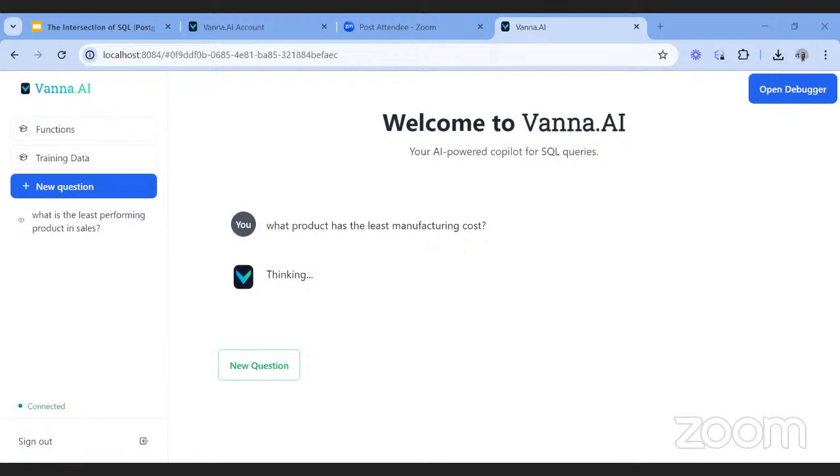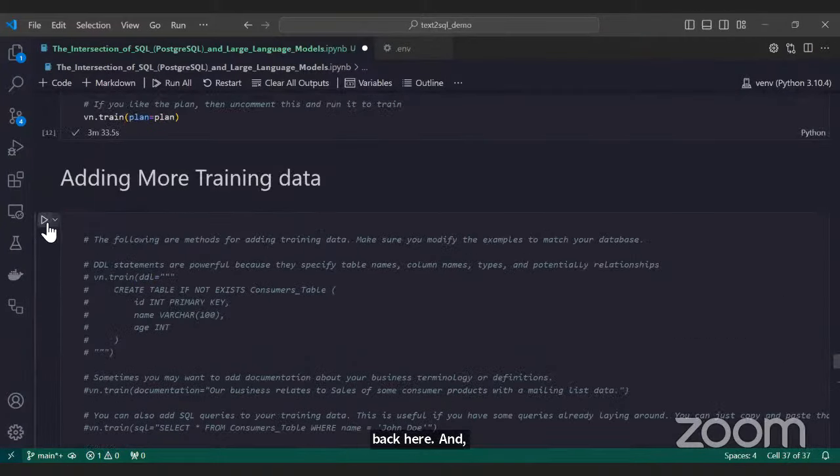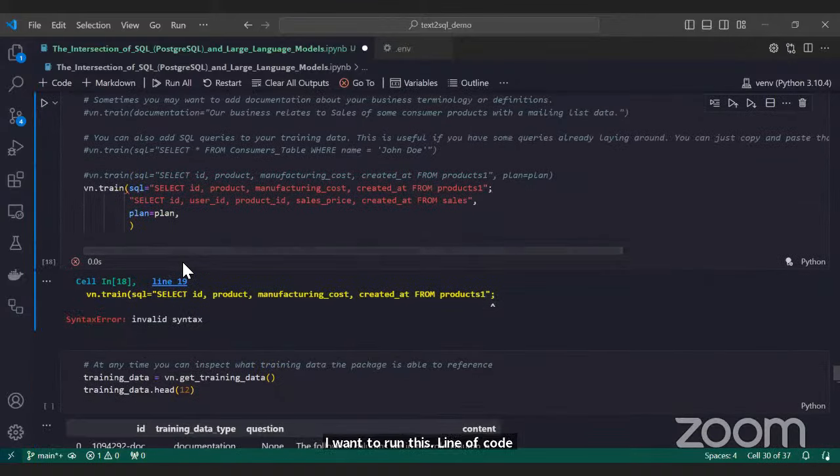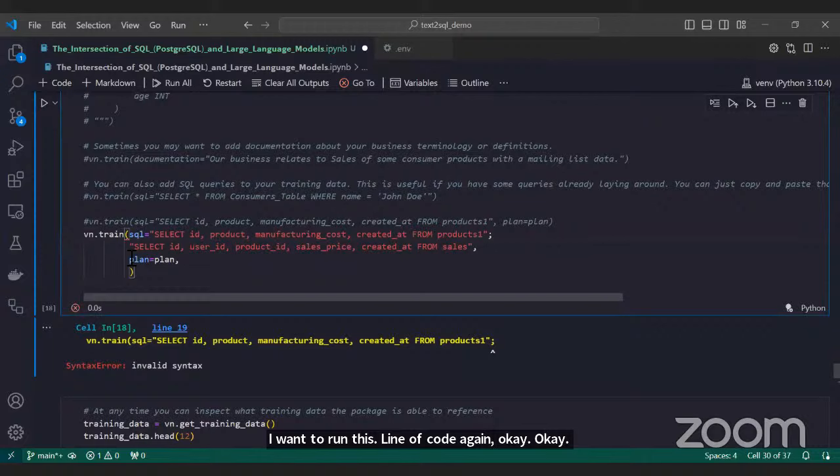Why is that coming up? Let me go back here, and I've been able to stop this. I want to run this line of code again. Okay, no, what's going on here? Okay, yeah, you can see what's happening here. So let's say I want to train on, let me read this.